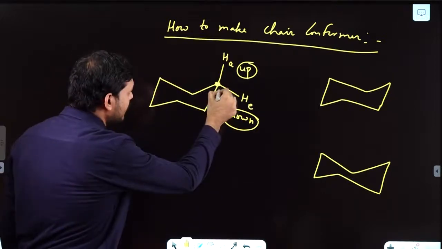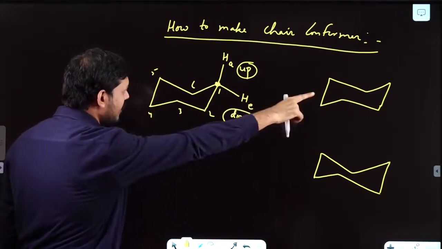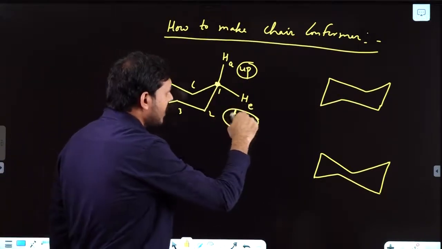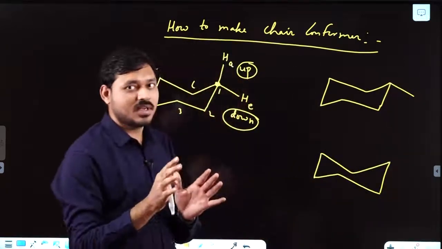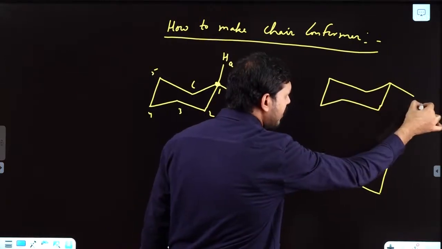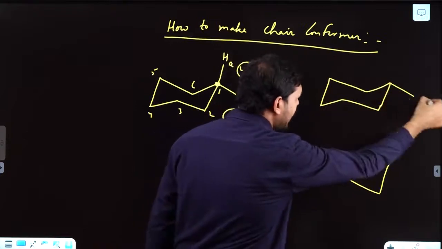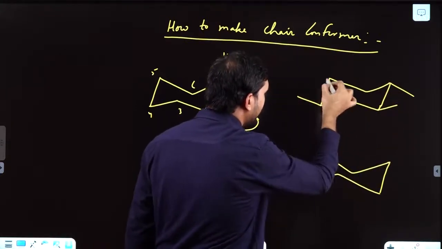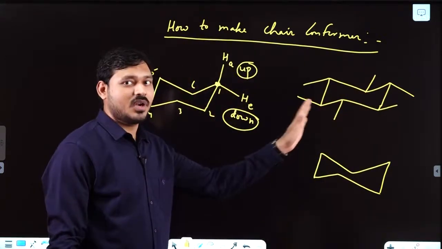Okay, so first I am drawing equatorial positions. So this is your reference part, 1, 2, 3, 4, 5, 6. So start with first carbon. As I am saying, we will consider this one as first carbon. So downside will be equatorial. So this is down. Now just consider this thing. You start from first carbon, downside will be equatorial. So continue with interchanging the positions. If it is in down, next will be up, down, up, down, up. So all these are equatorial positions.